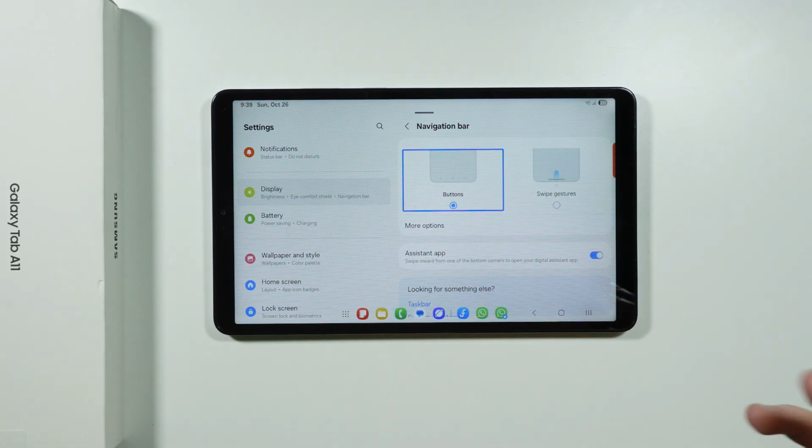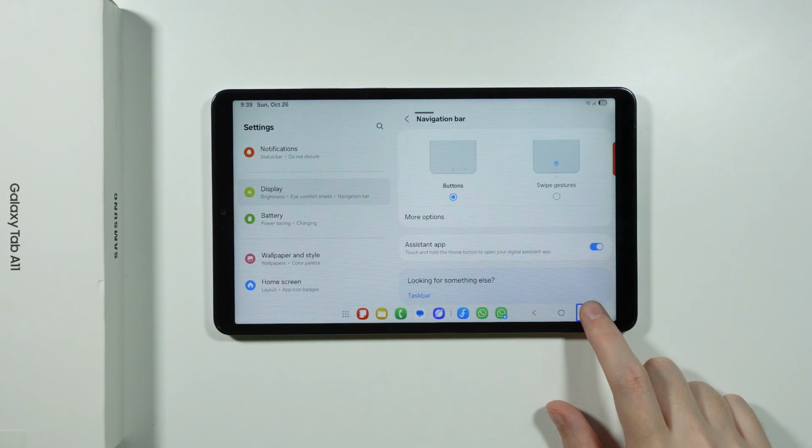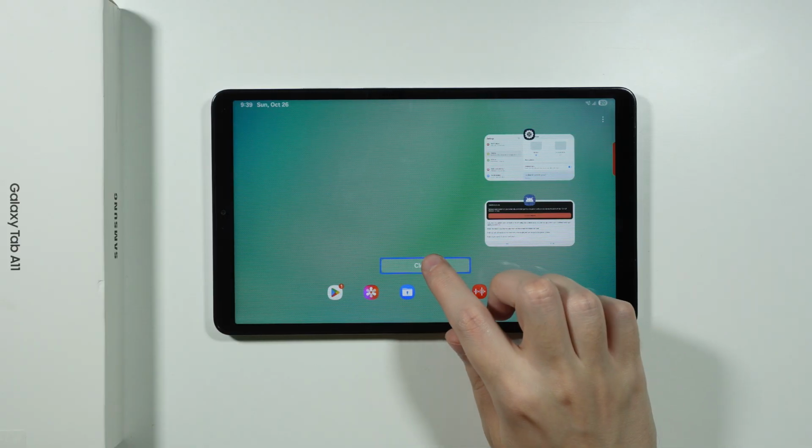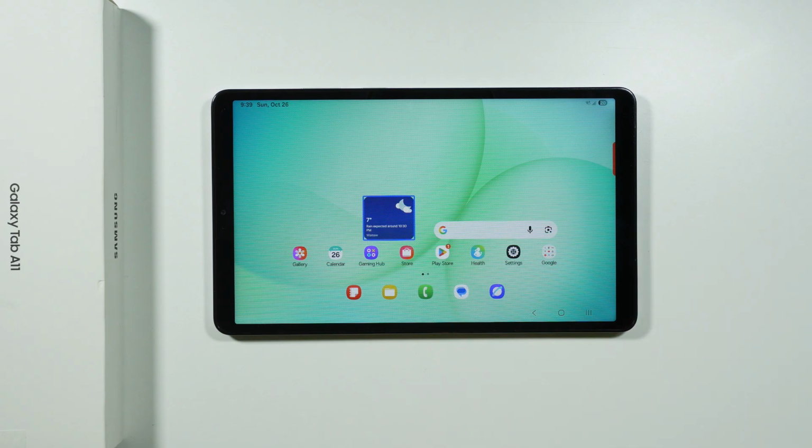So I'm gonna switch to buttons for my convenience, and I'm gonna actually go to background apps in order to completely turn off everything, including the settings page. Alright, so now, in order to turn off TalkBack, first we need to go to settings, so we can tap